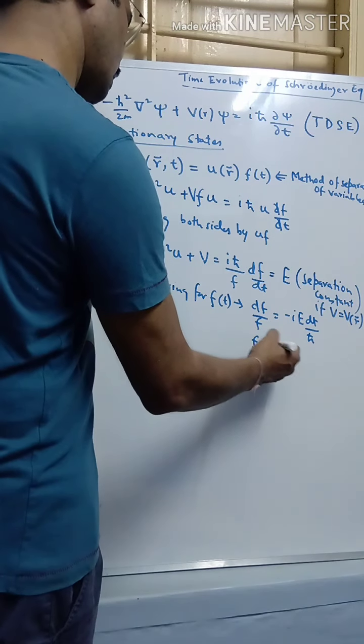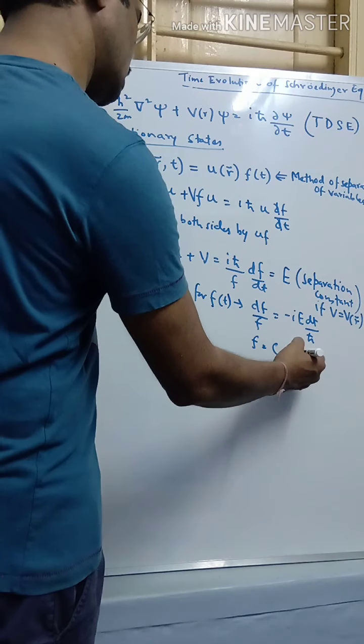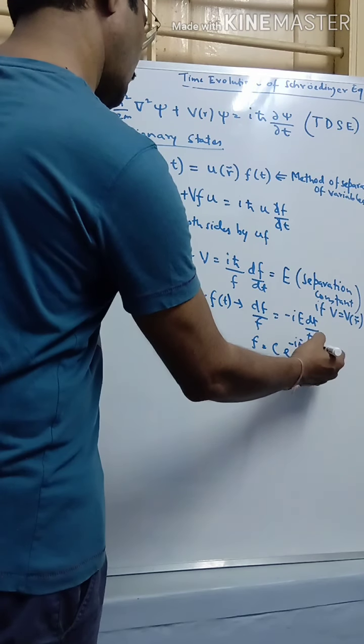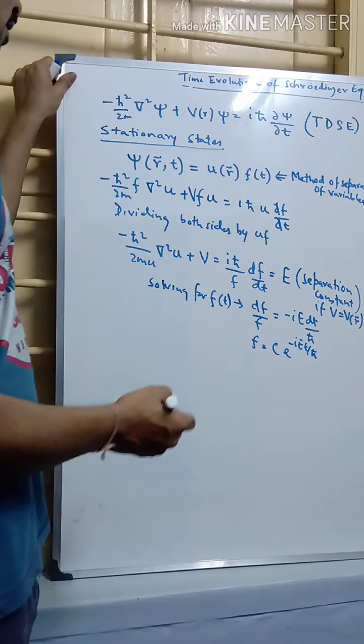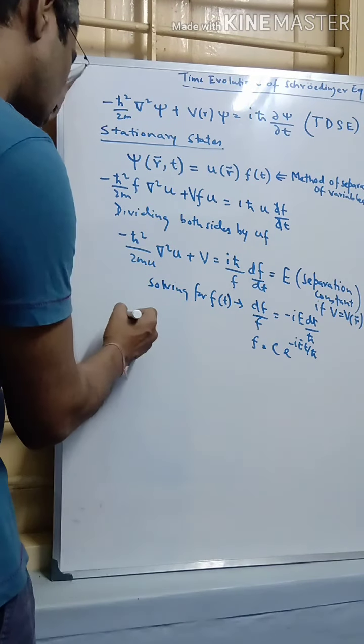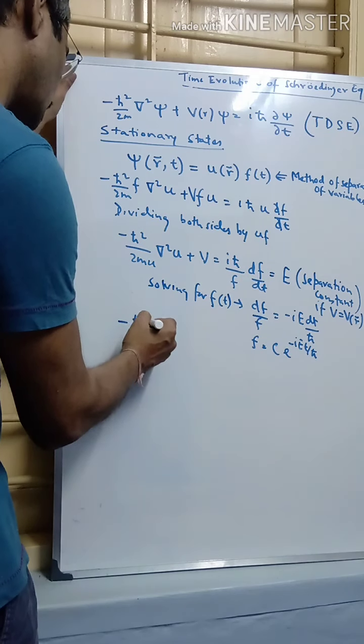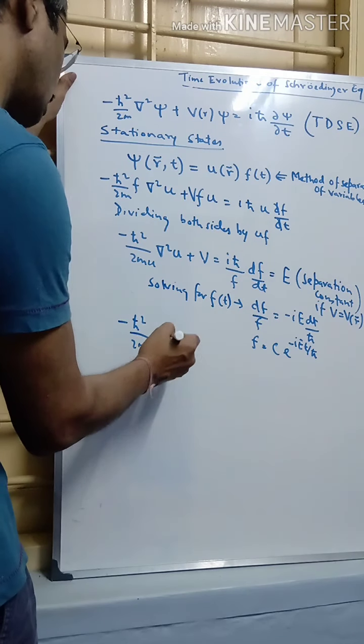So f is equal to some constant c times e to the power minus i E t by h cross, and the space part is minus h cross square by 2m u